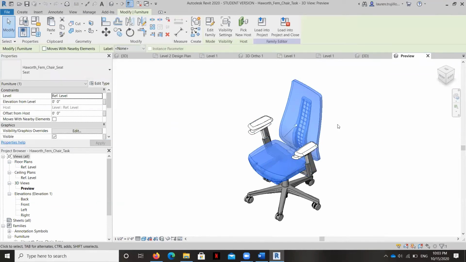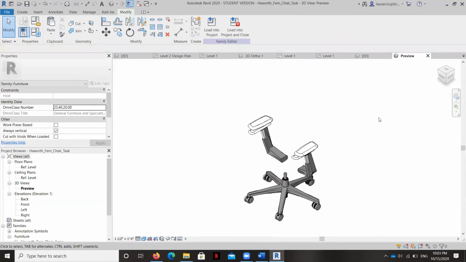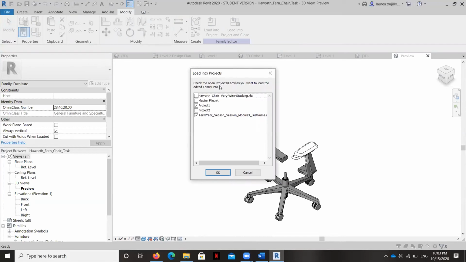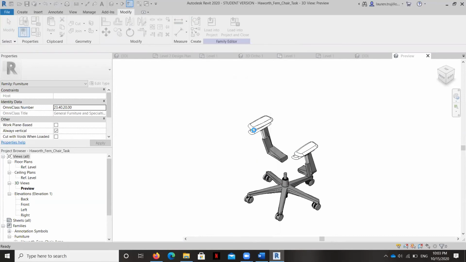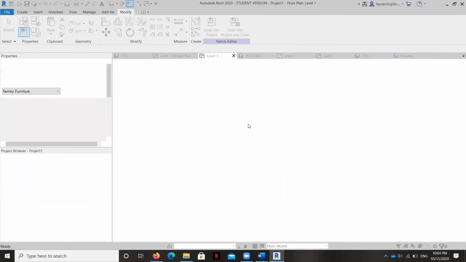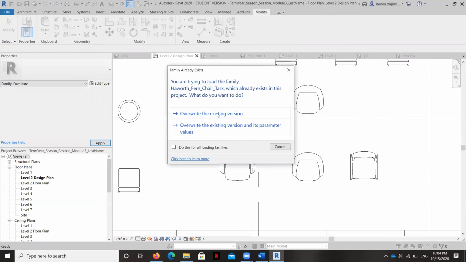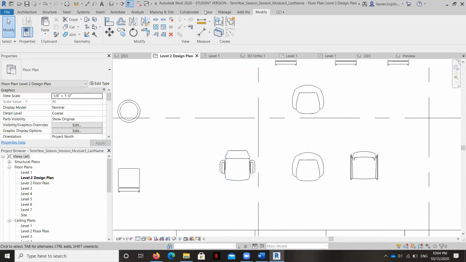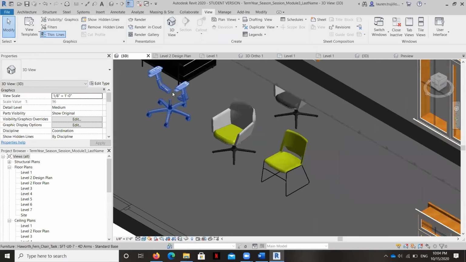See, it's pinned. Can I delete it? Nope. Okay, let's see if I can unpin it and delete it. Yeah, okay. So then same thing, it's going to load into the project. It's going to ask me what projects I want to load it in, and we'll load it into this one. And see, now there's no chair.